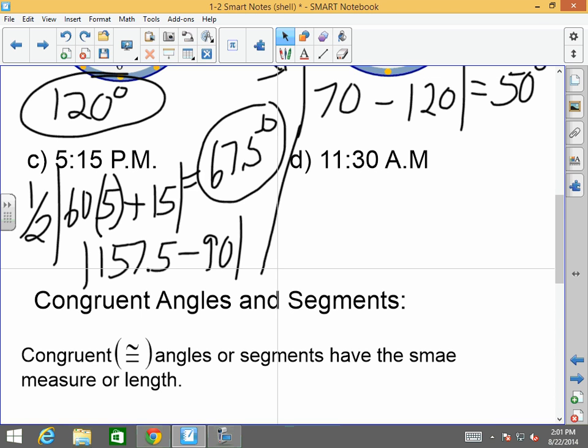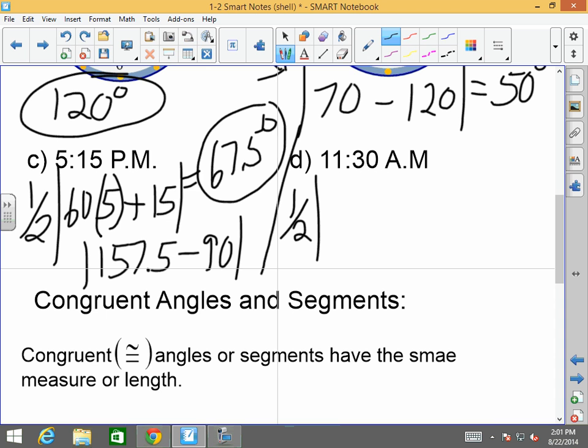First of all, my friends, it's going to be 1/2 of the absolute value of 60 times 11 plus the minute hand value, which is 30. Okay? 60 times 11 is 660, plus 30 is 690. Half of 690 is, in absolute value, 345